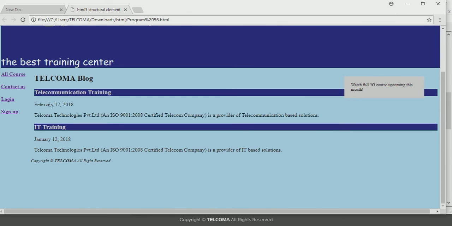Then this is the time element and this is the paragraph. In the same way, this is the time element and this is the paragraph, and this part is for the footer and this part is for the navigation part. And the span element which we have added is this part, the base training center.